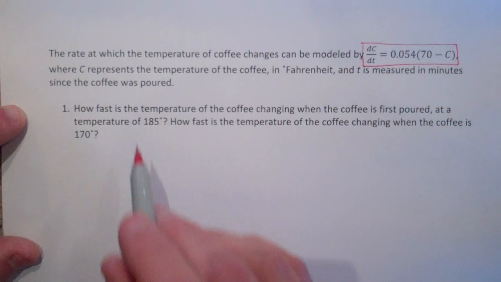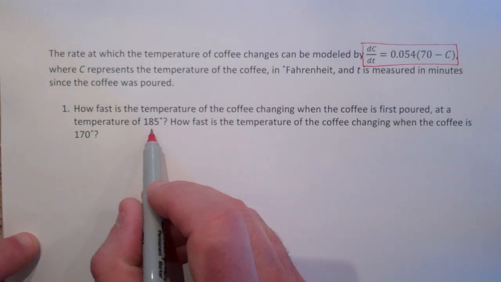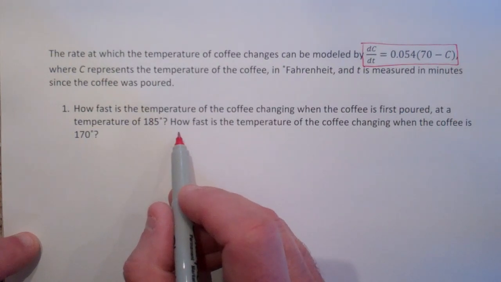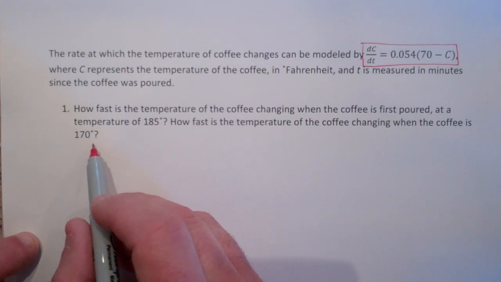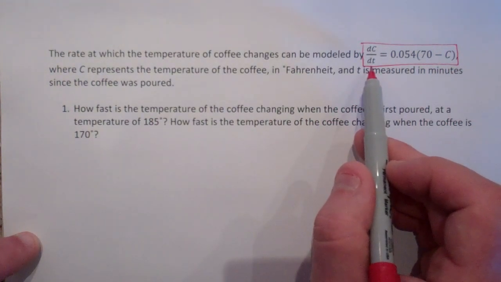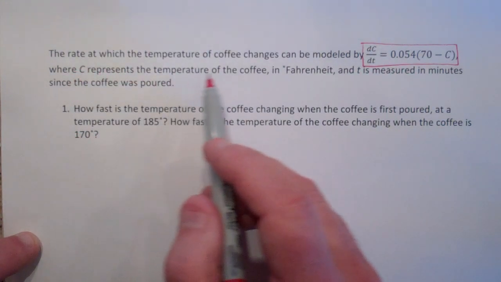poured. Number 1 asks us how fast is the temperature of the coffee changing when the coffee is first poured at a temperature of 185 degrees. Then we need to answer this question: how fast is the temperature of the coffee changing when the coffee is 170 degrees? Notice we have our differential equation already, and we're told that that's the rate at which the temperature